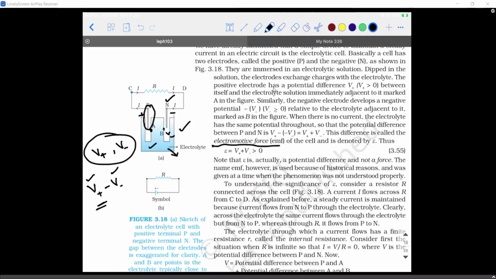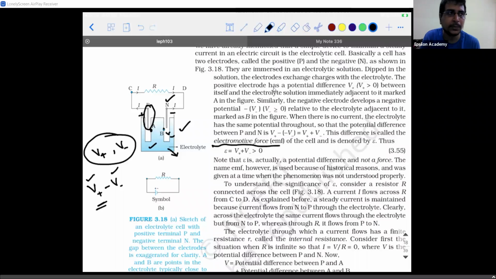So, to put it in very simple terms, you're actually not telling the potential difference across the terminals of the cell. Rather, you're telling the EMF of that cell to the shopkeeper. When you say that 9 volt, that 9 volt is a potential difference existing between the positive and the negative plate when it is not connected across any device. That 9 volt is what is technically called the EMF of that particular cell. Guys, are you able to visualize it?